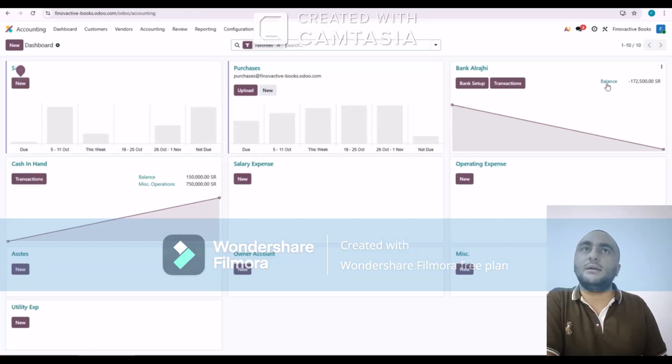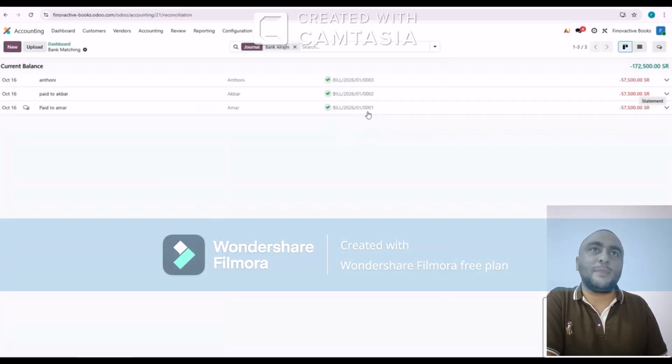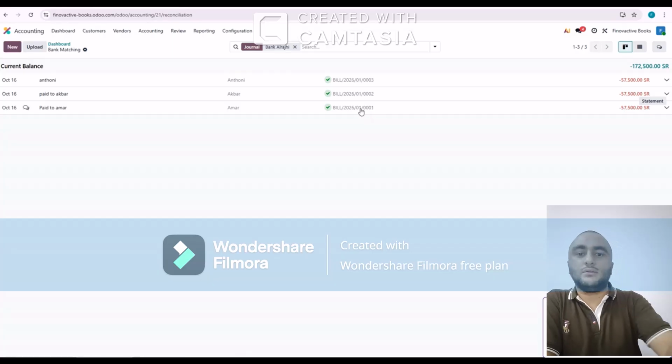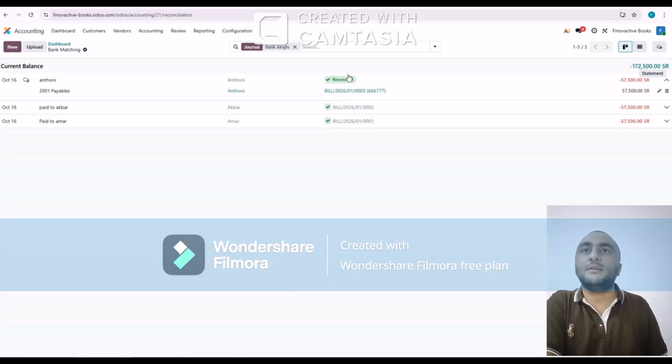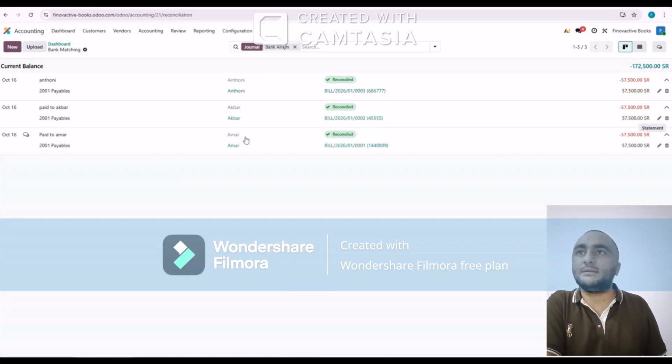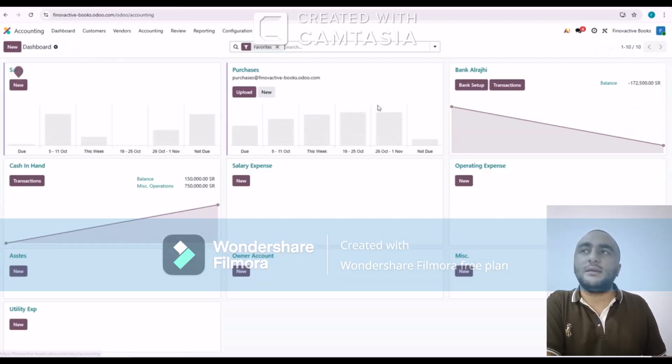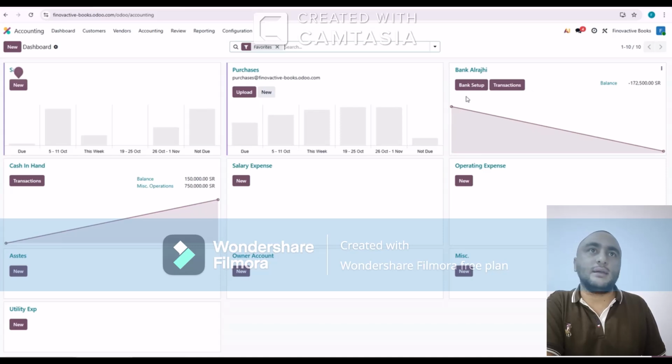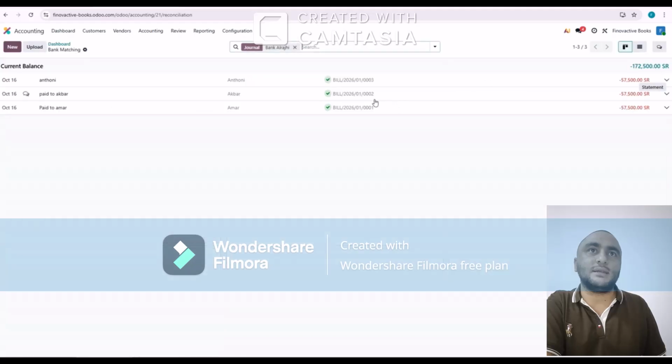You can see here it's automatically reconciled and shows the balance of minus 17,500. So as you can see, Odoo automatically reconciled these items for all the vendors. If Odoo didn't find anything, it will show here as 1 to reconcile, 2 to reconcile. I will show that transaction as well, but first let us input our sales